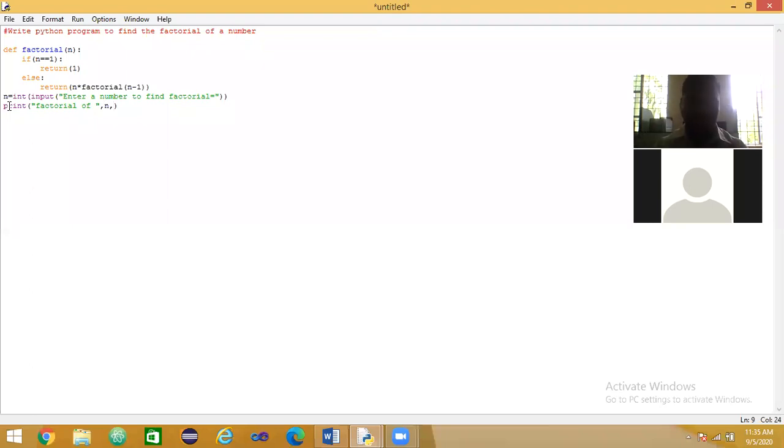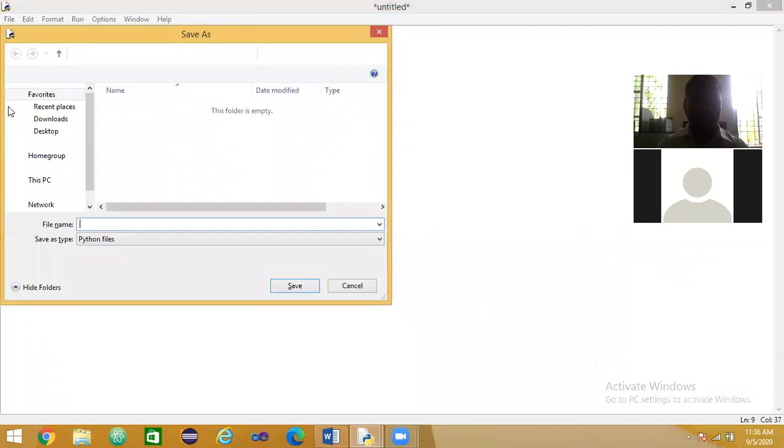If my screen is available. Factorial of 10.